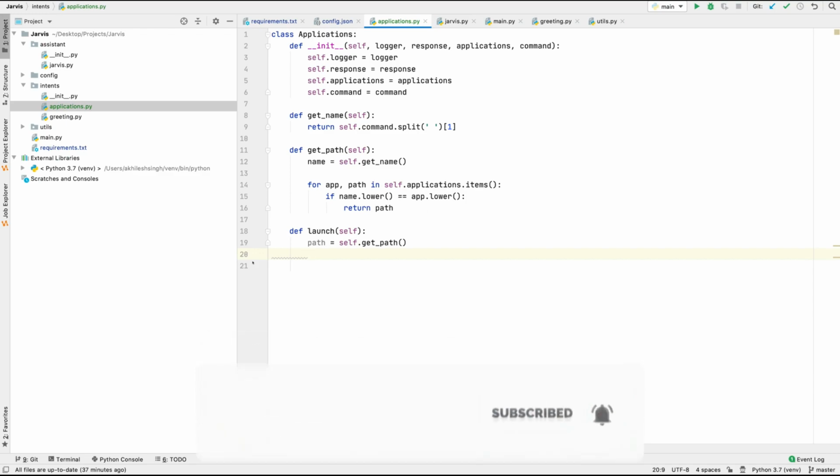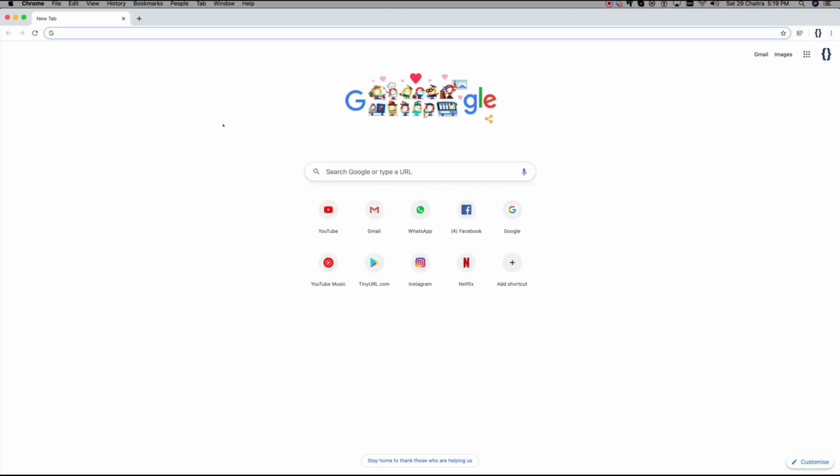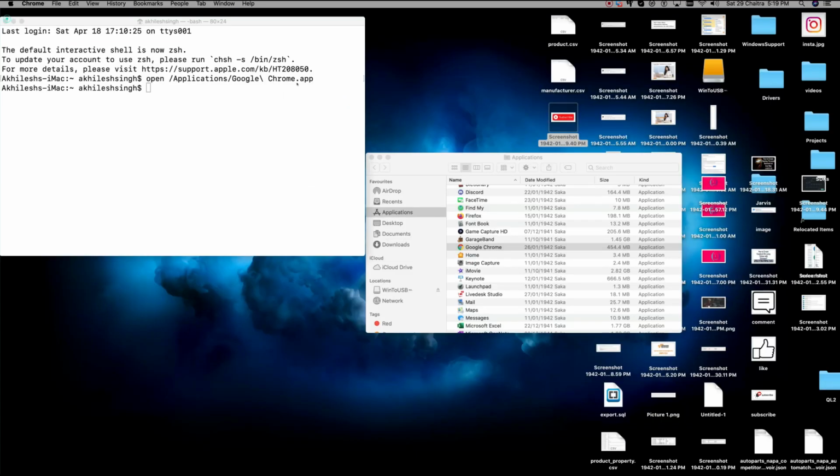So let me just show you first in the terminal. If I have this Chrome, I'm just going to delete all this, and here I'm having just open and pasting the Chrome, and here you can see it is open, right?